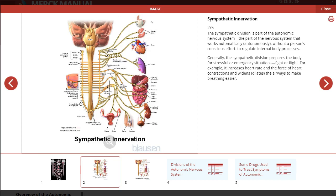So the sympathetic innervation, remember the fight or flight side of the nervous system. The sympathetic division is part of the autonomic nervous system, the part of the nervous system that works automatically or autonomously without a person's conscious effort to regulate internal body processes. Generally, the sympathetic division prepares the body for stressful or emergency situations, fight or flight. For example, it increases the heart rate and the force of the heart contractions and widens or dilates the airways